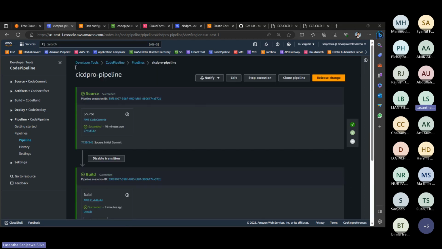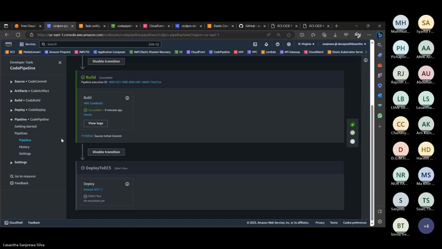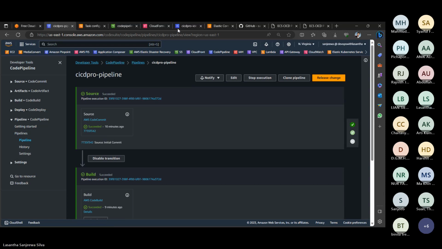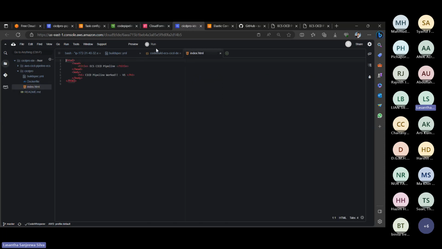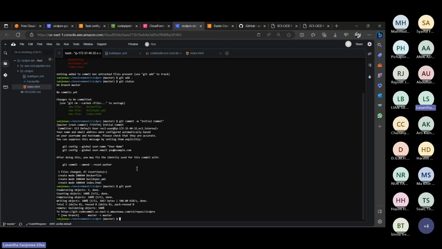You can see now our pipeline has another step. Now I am going to our Cloud9 environment and open this index.html and change this to version 2. Now our application version 2, we're going to deploy it, and you can add it here